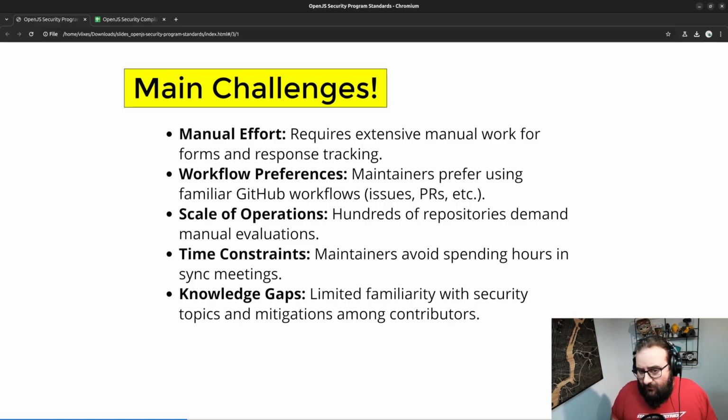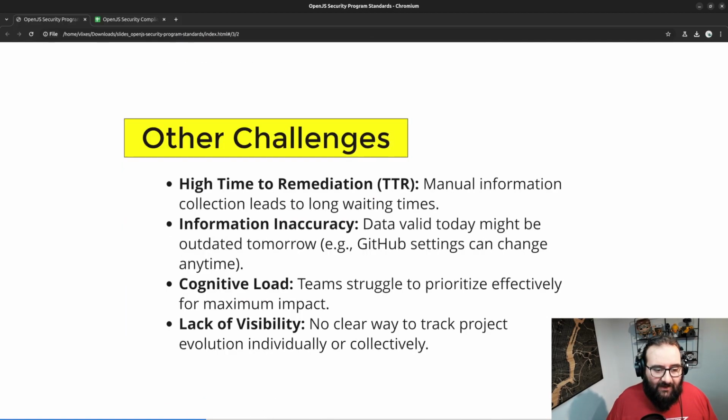And also there is a huge knowledge gap sometimes. Not all the project maintainers are familiar with these 73 points of checks that we are recommending. So that's also another problem to cover, right? To mitigate this, we need not only to understand what the goal of these checks is, but also how to solve that problem, right? How do I solve that problem on the GitHub UI, how do I make those rules, etc., and how might that work with my current workflow. So that's more or less the big challenges that they